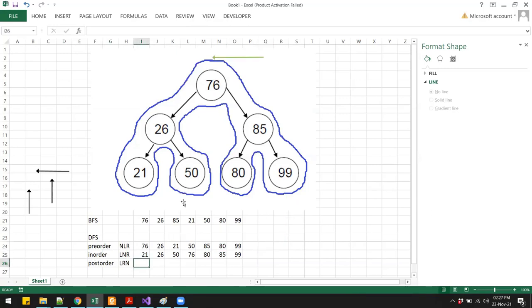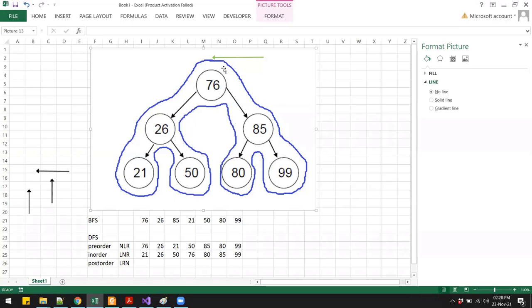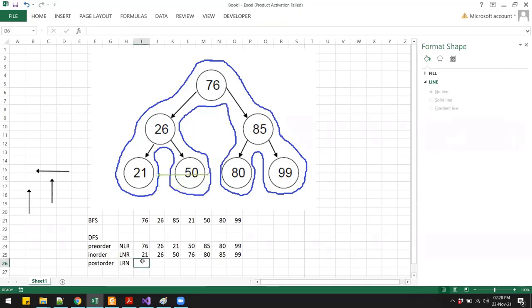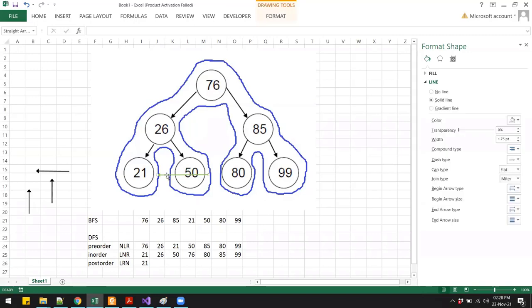So now if I want to traverse or print the tree using this post order traversal, then we will have to follow the left, right, and then the node sequence. So the direction of your pen will change, and now it will point towards your left. Again, you will follow the line. So just make sure to keep the tip of your pen on the line, and whichever number comes in front of the pen, you will write that down. So keep on going. So the first number that comes is 21. So we get 21.